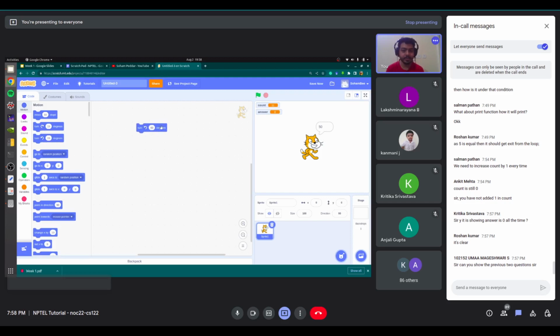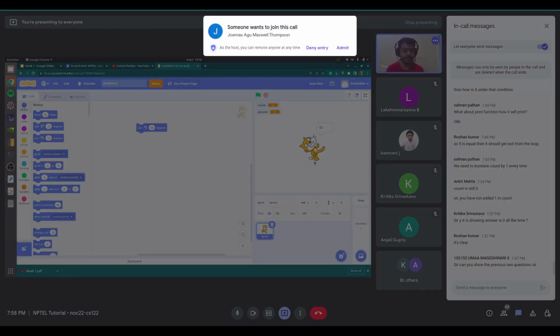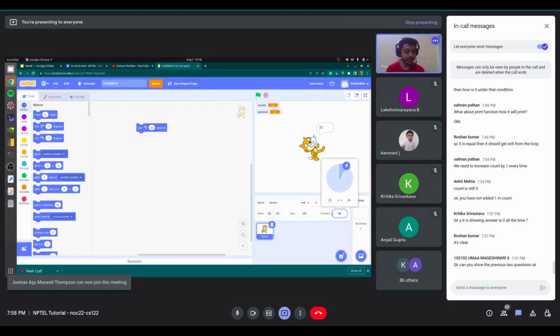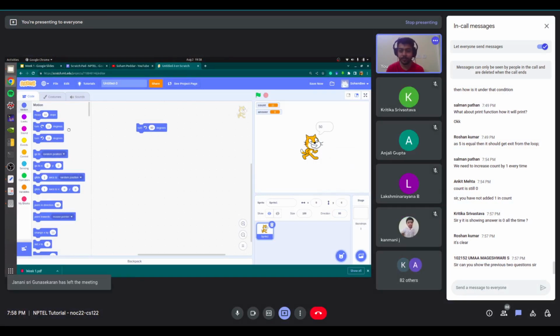If you run just this, you can see it will turn. Let's reset it to 90. Okay, back to normal. So turn 60 degrees will just make it turn. Then we have to move 200 steps. So it will turn and then move. Let's see how that looks.